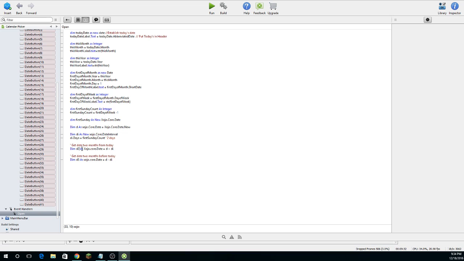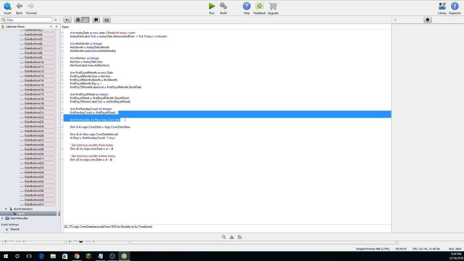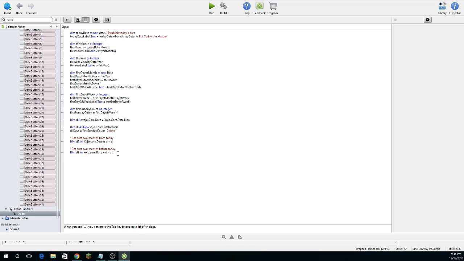Okay, so let's do this. I'm basically doing that, so let's move this down. Cut, paste. Okay, so dim first Sunday as core.date equal to